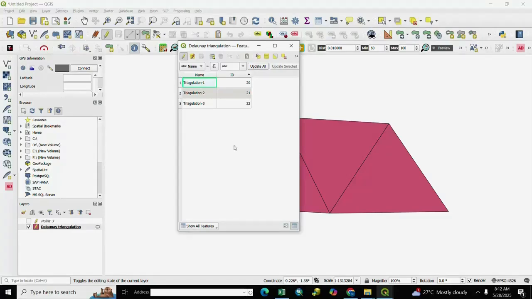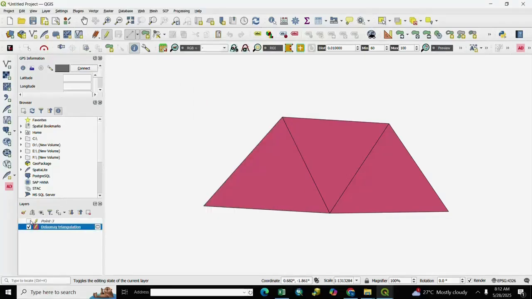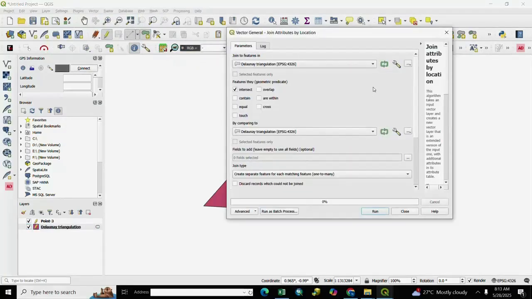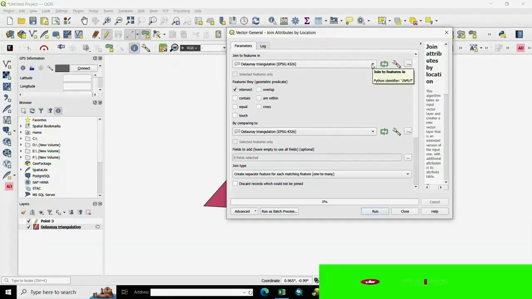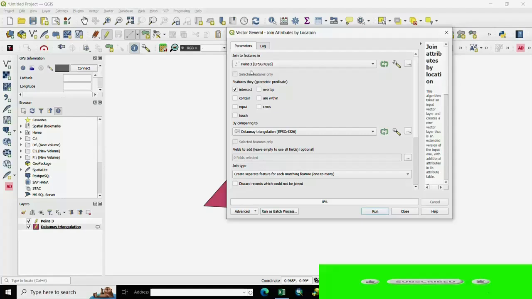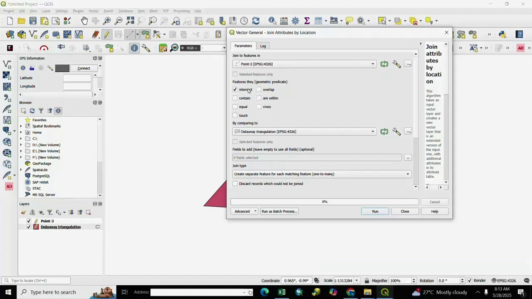We join by location. For join by location, we go to Vector, Data Management Tools, then we select Join Attributes by Location, and we select Join to Features in, select the point layer, and here is the geometric predicate. It means if you want other types of join, you select any one.